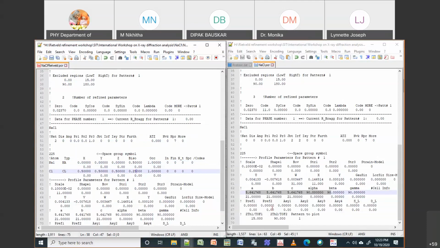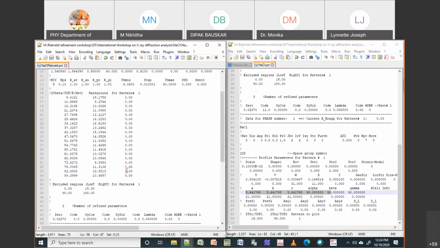Agitation in the sense that they will have a lot of thermal displacement compared to your sodium or cerium. Cerium and sodium are quite heavy, so they sit in their place and have less vibration compared to your oxygen, nitrogen, chlorine, all those things. So now I am just starting with this. This is the starting point, and then I have to do the refinement.